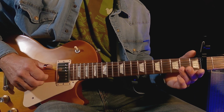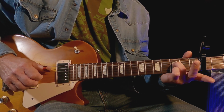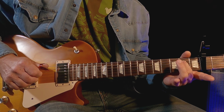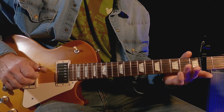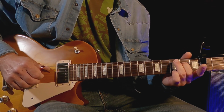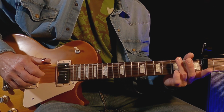Okay, so this part, I'm going to start on the 4th string, 3rd fret, with 3 strings, down to 2, then 3rd fret, 5th string, little bend, and then to the 6th string, 3rd fret,